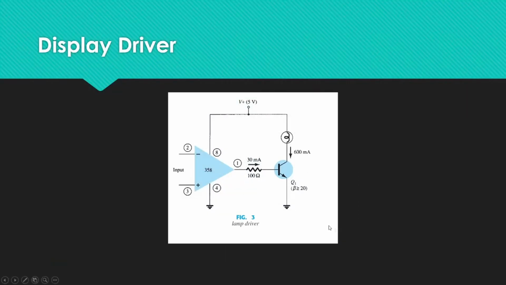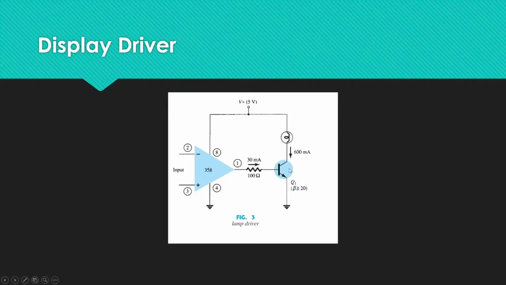Moving on to display driver, an op-amp circuit can be utilized to drive a lamp display or LED display. A display driver is a circuit component used to control another circuit component such as a lamp display or LED display. When the non-inverting input to the circuit in figure 3 goes above the inverting input, the output on terminal 1 goes to positive saturation level, near plus 5 volts in this example, and the lamp is driven on when